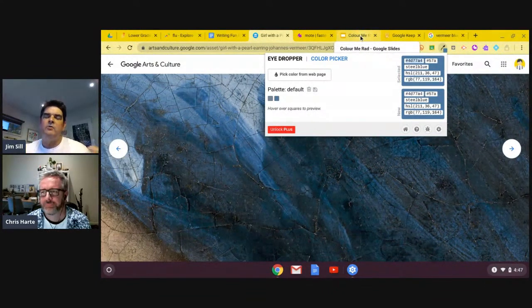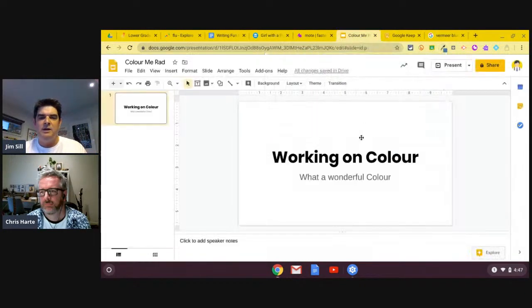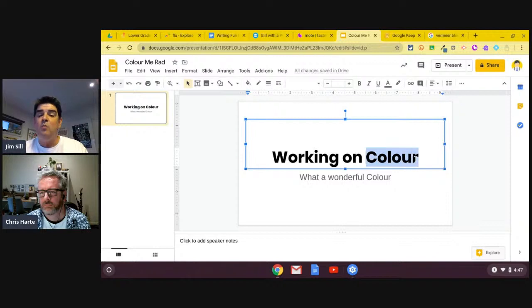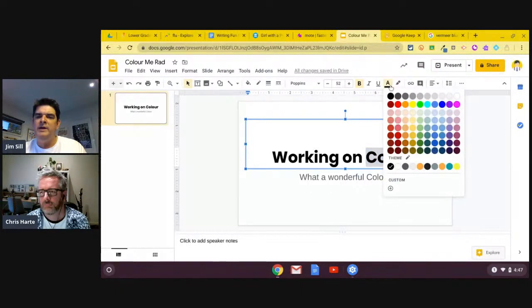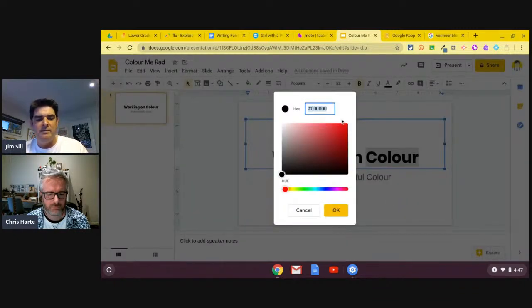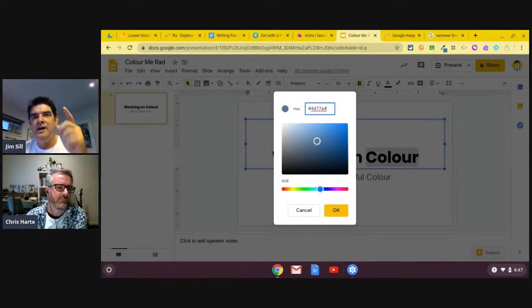And what's great about grabbing the hex code out of a color from something like a beautiful painting is I can come in here and then go into my Google Slides, and I want that color to put in here. So I go into Google Slides, and here's the opportunity to change the text color. I click on that, and way down here that no one ever uses is the custom toolbar, right? When I click on that and I paste the hex color I just stole from Vermeer,